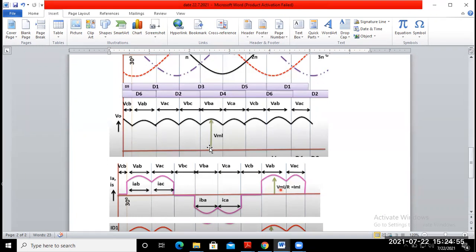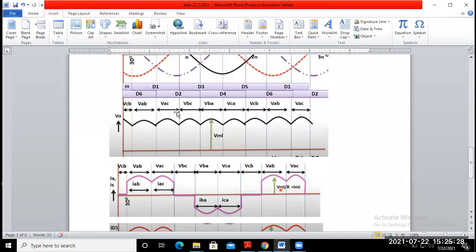phase current IA. Suppose that this one is your output voltage waveform. Now, if you want to draw the phase current IA, the supply current IS, how can we draw this one? From this waveform, can you draw the phase current IA? Very simple, no?